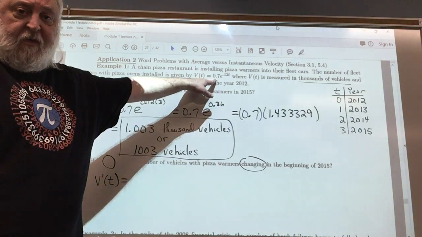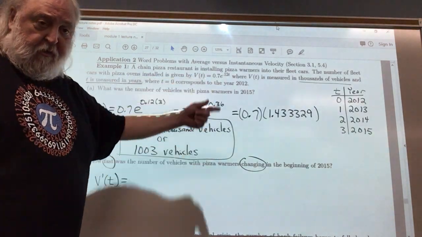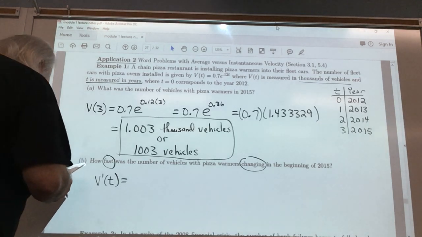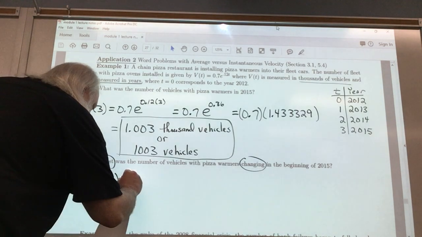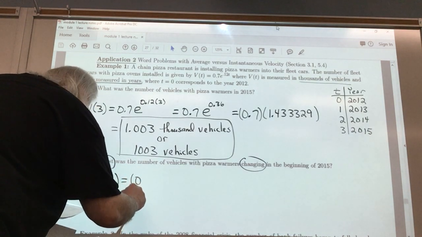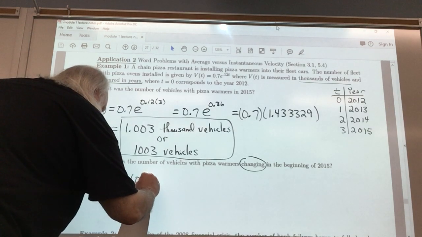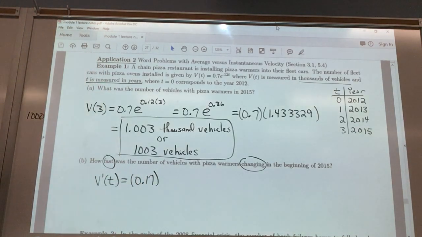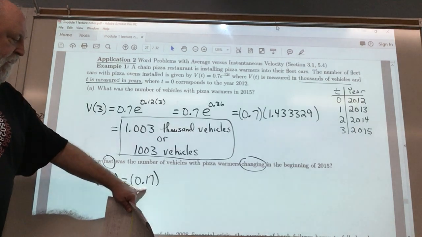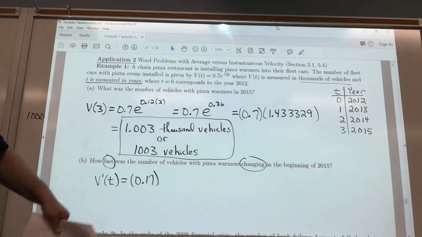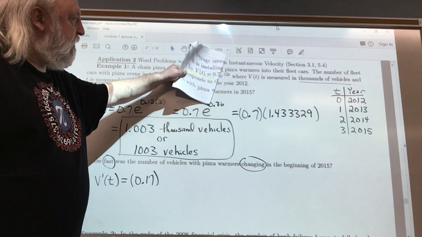Well, 0.7 is a multiplicative constant. You know we just carry that along. And then we multiply that, I'm using parentheses to indicate multiplication,